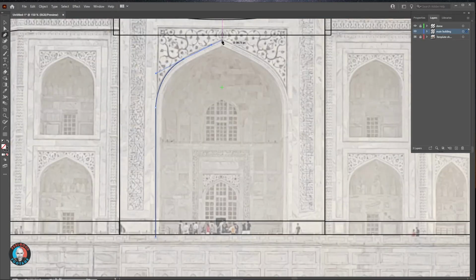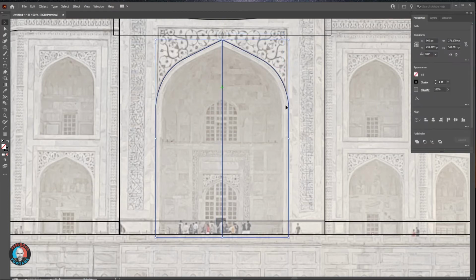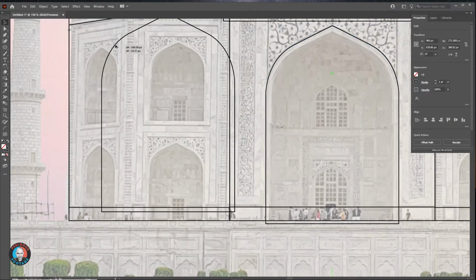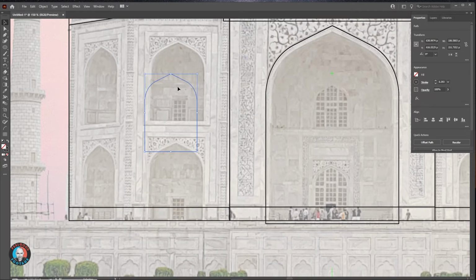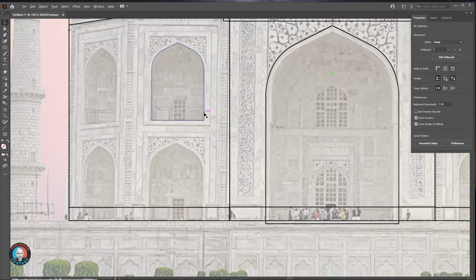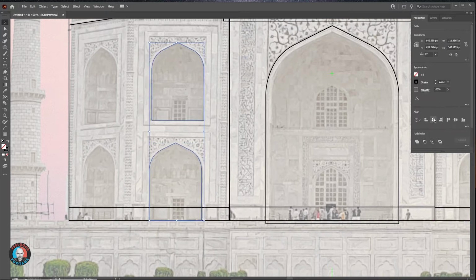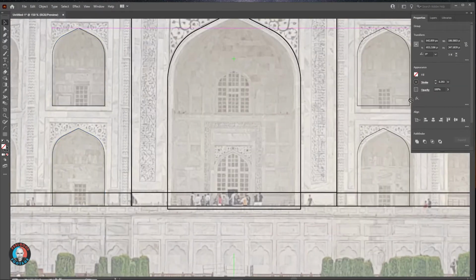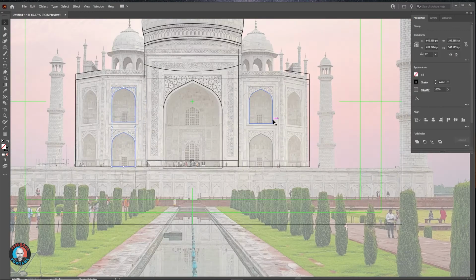It's the big arch next with the pen tool, again drawing half, reflecting and joining. And once that's done, I can just copy that shape and scale it down to make some of the smaller arches, aligning them as required, then grouping them and copying the pair to make their opposites before aligning these with each other.